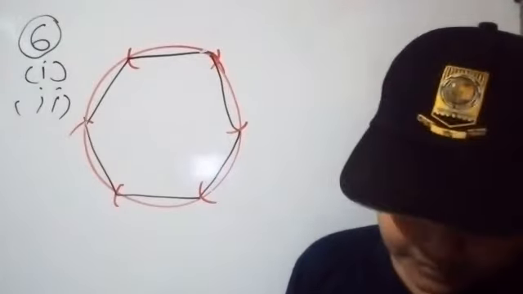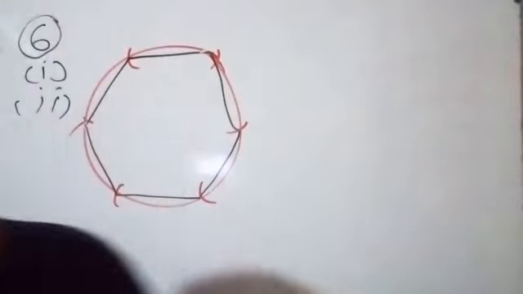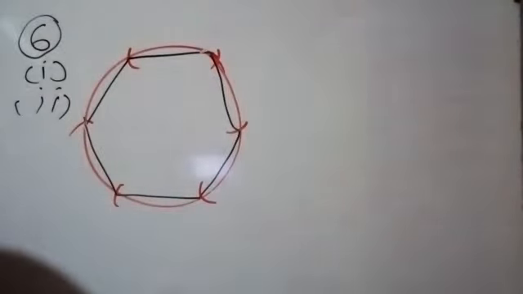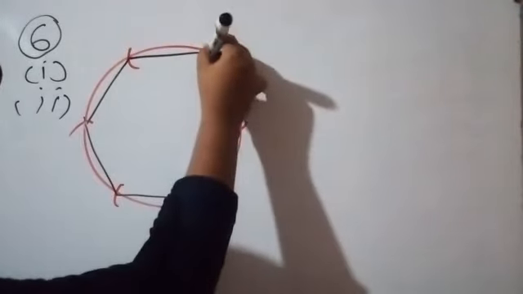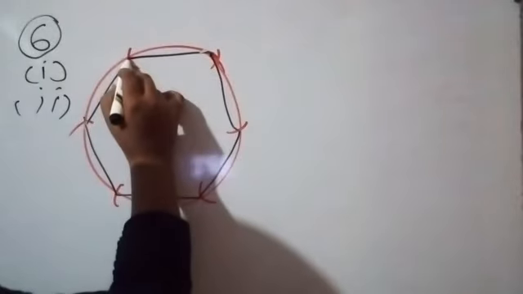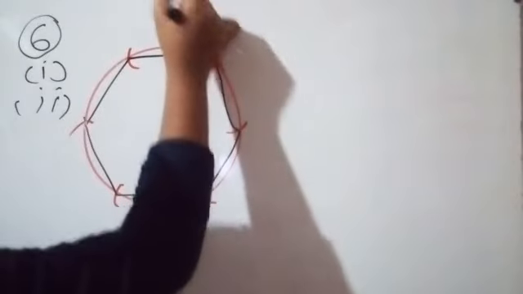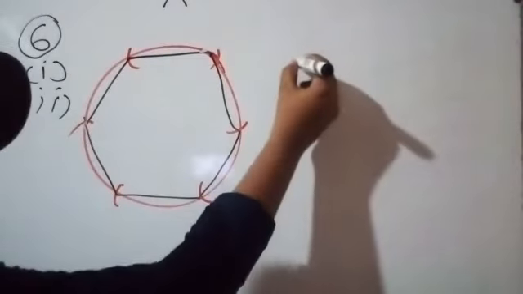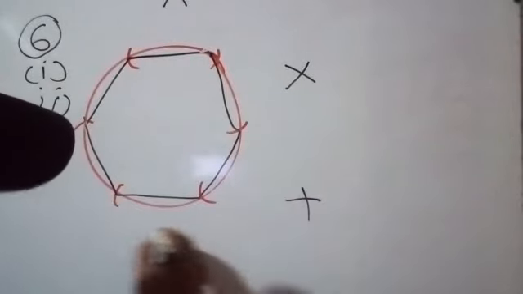Now, third one, construct an equilateral triangle on each side of the hexagon external to it. So that means keep the compass and pencil in there, keep the compass point in there, and keep the pencil and get an arc. Like that, keep the point, get an arc, get an arc.